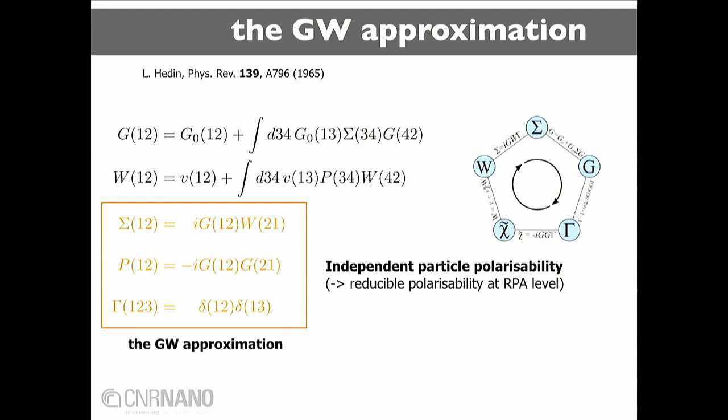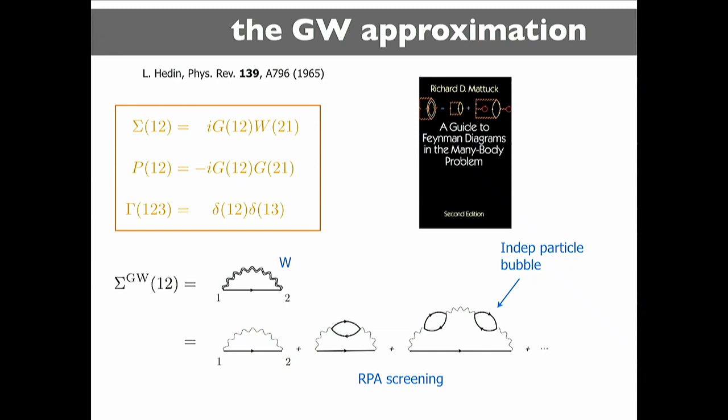Andrea yesterday introduced the GW approximation in a heuristic way, looking at the physics of the screening you get there. This is a mathematical way we can look at it. Here, in terms of diagrams, is the way it looks like, G times W. And if we take into account the geometric series